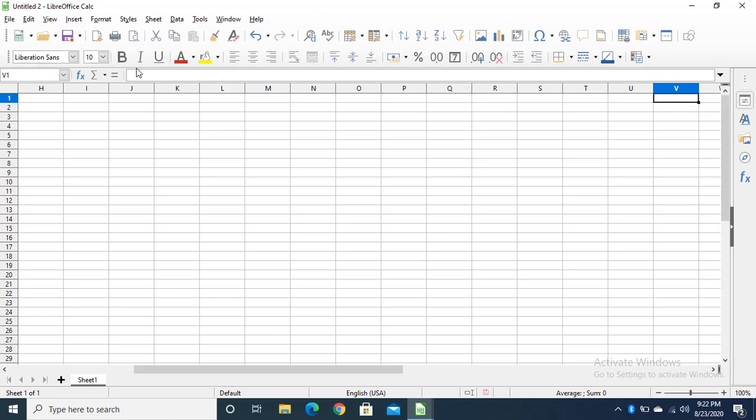Now, how to enter data in a cell? Just click on that cell, it will be highlighted. If you double click on this, your cursor will appear here and you can type whatever you want to type, like this: Monday, Tuesday. Press enter, you will move to the next cell and you can directly start typing. Very simple how to type text.